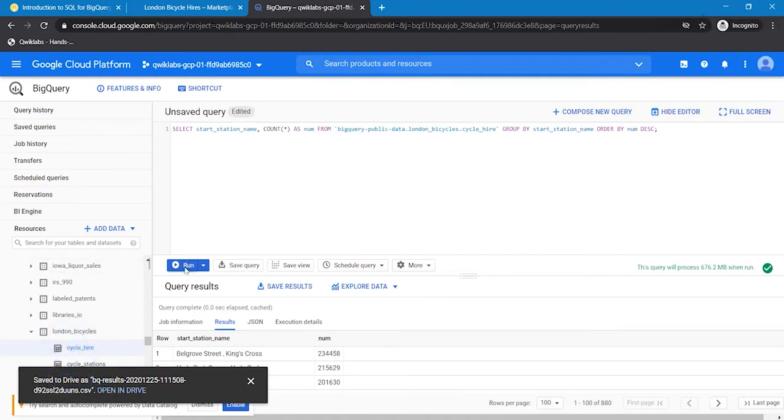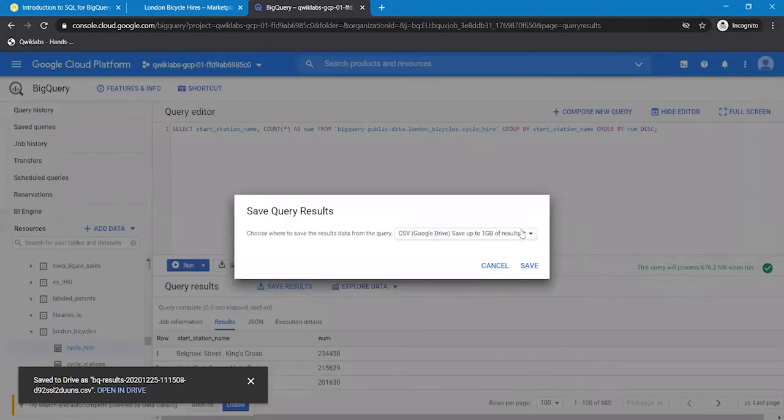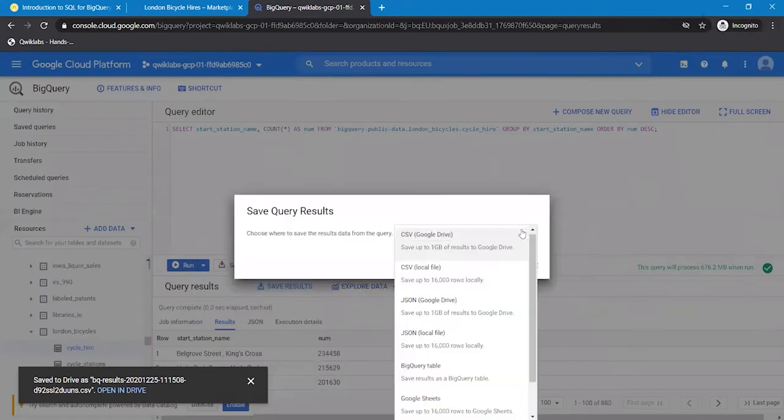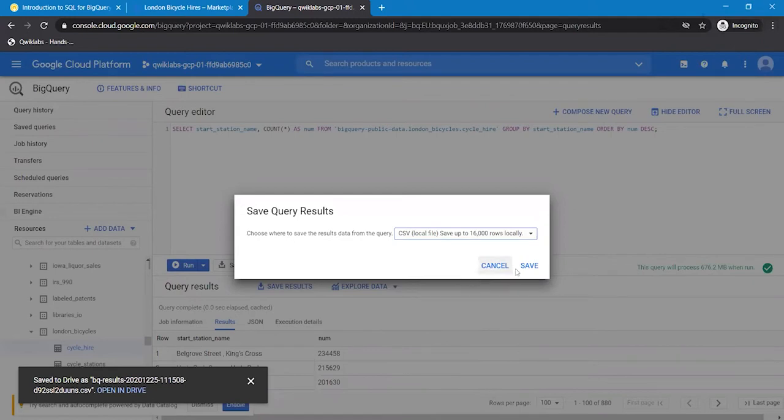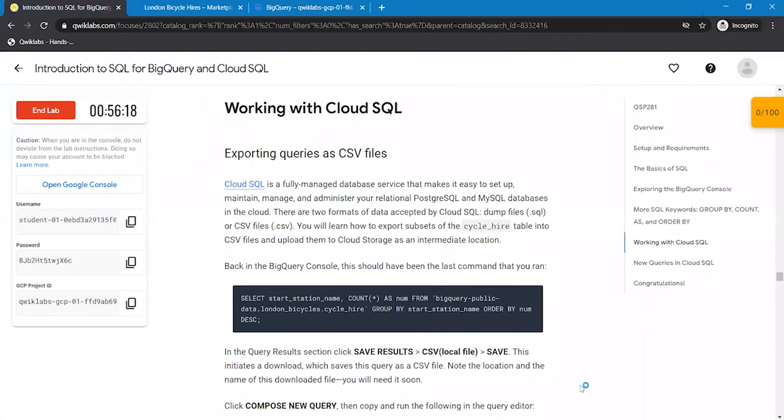Click on Run, and soon after that click on Save Results, and here we are going to save it in the local file, CSV local file, and just click on Save. And after that,